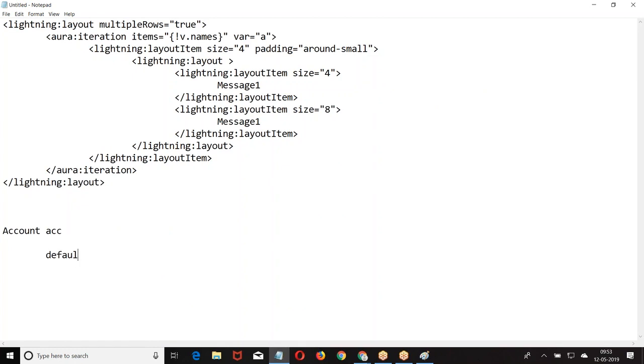See, there are two things I have to do with public class example. Now, how will you assign the memory to this example? Tell me. ACC is equal to new account.